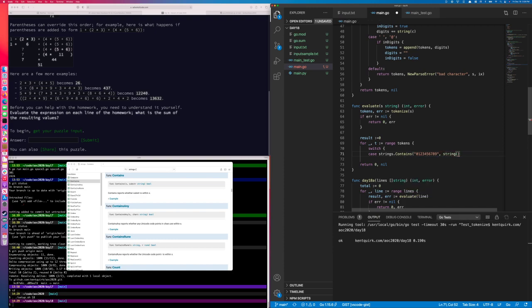Oh, but that's a byte, not a rune. No, I do think this slice is safer. So T from 0 up to 1. So if the 0th character of that string is in the set of numbers,